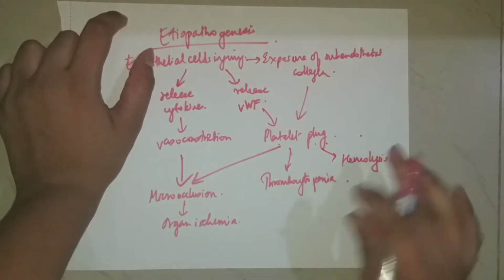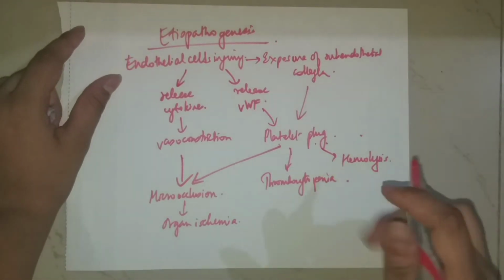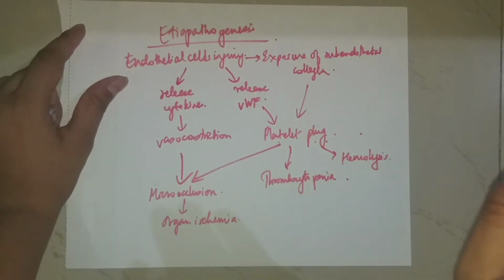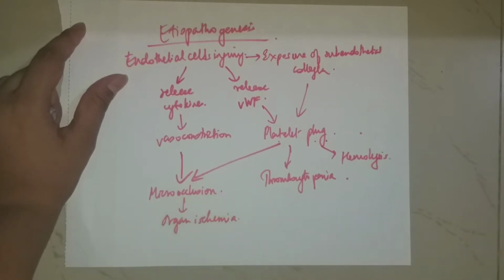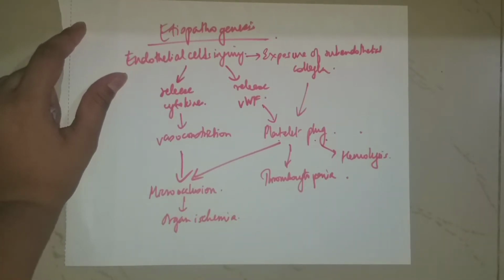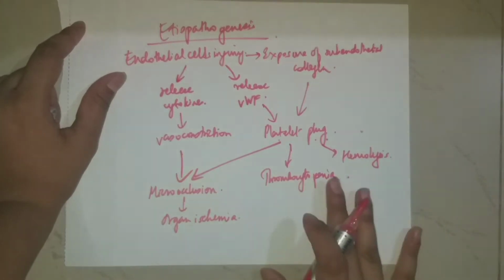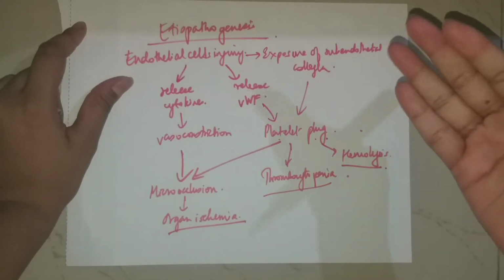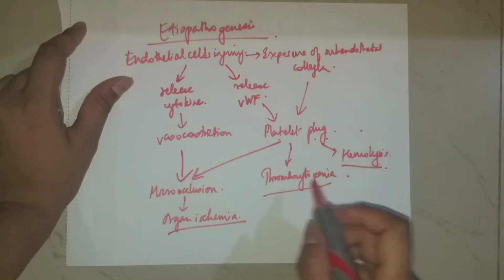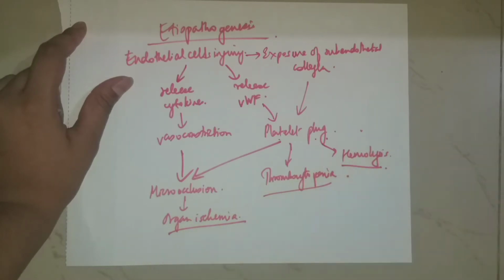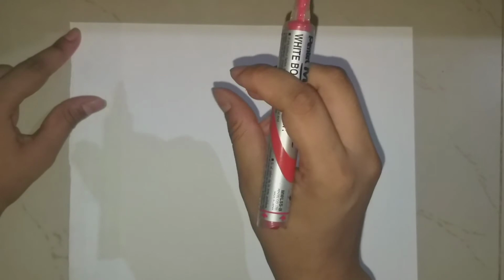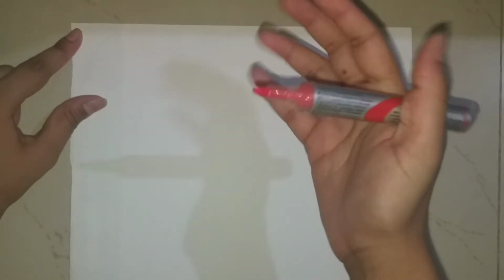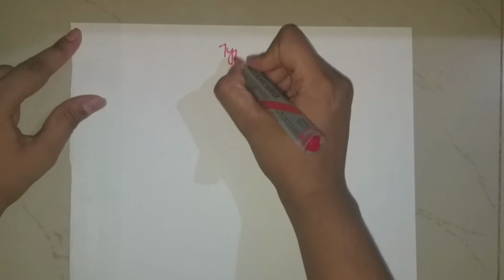Which is seen, and if you take a blood smear and observe under the microscope, you will see schistocytes, which are RBCs found in hemolytic anemias because of breakdown of the RBC. So this is the basic etiopathogenesis which occurs, which explains whatever is happening in the disease presentation. However it presents, it is explained by all these features. I said that endothelial injury is caused by certain factors which depend on the type of HUS it is. So now I'll talk about the types of HUS.